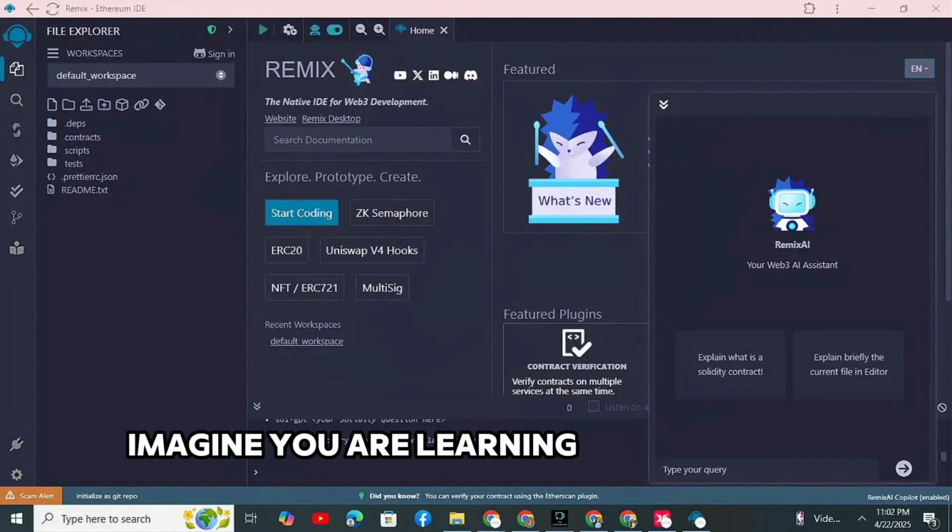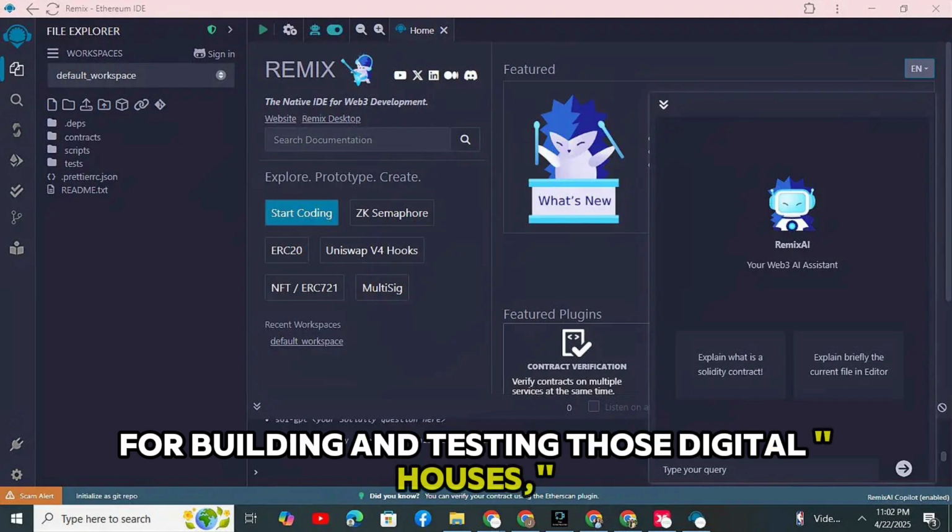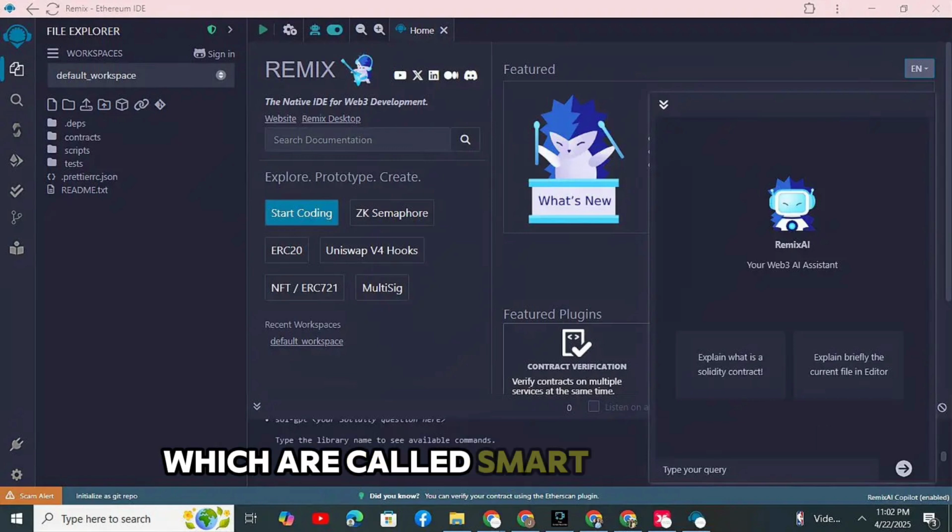Imagine you're learning how to build houses, but instead of bricks and mortar, you are working with code. Remix IDE is like a virtual sandbox for building and testing those digital houses, which are called smart contracts on the Ethereum blockchain. You can access it from anywhere with an internet connection, making it super convenient for learning and